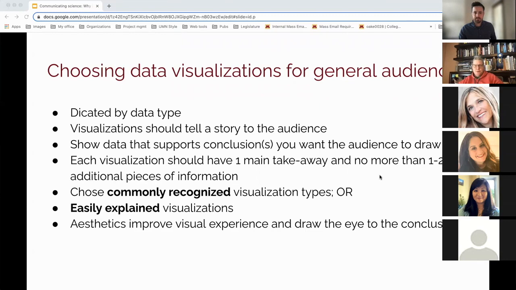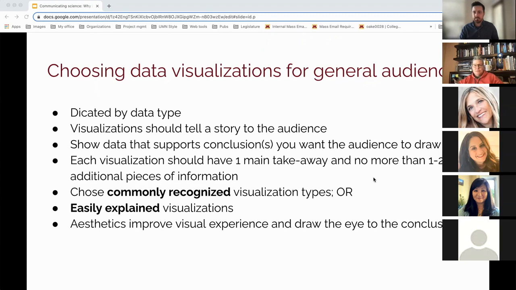to the same conclusion. Other rules that make sense would be to choose commonly recognized visualization types, or if they aren't a commonly recognized visualization type, something that's easily explained. We learn things like box plots and box and whisker plots and violin plots and all kinds of other data visualizations to represent our science to other scientists. But we have to remember when communicating to a general audience, we're going to have to use common or easily